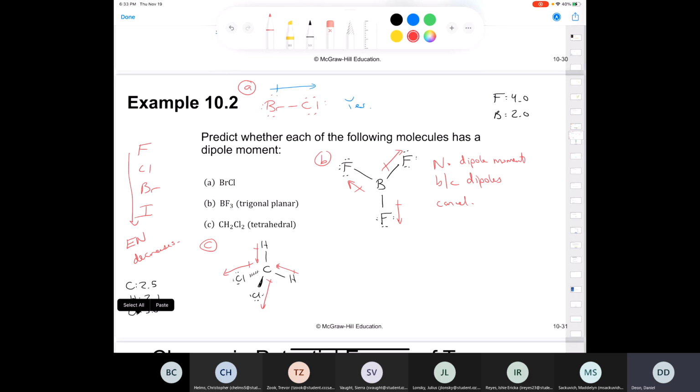Now, what's the net dipole going to be, the resultant dipole? I can tell you what it's going to be. It's going to look like this. It's going to be pointing in this direction. Now, how did I know that? Because